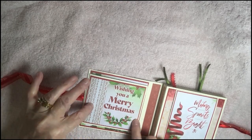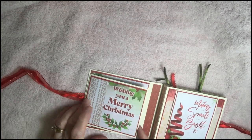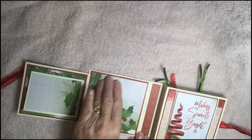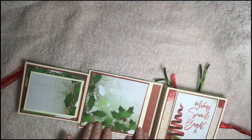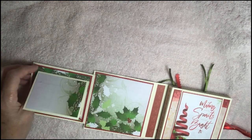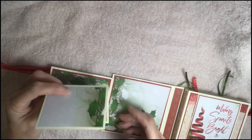Okay, so this is the first flap, and as you saw, that's from the cut apart. So that opens up. That's just a sheet of paper. I've put the red at the back. That's where I've used it the most. And then I've made a little, just making sure you can see that properly. Yep. Okay, I made a little